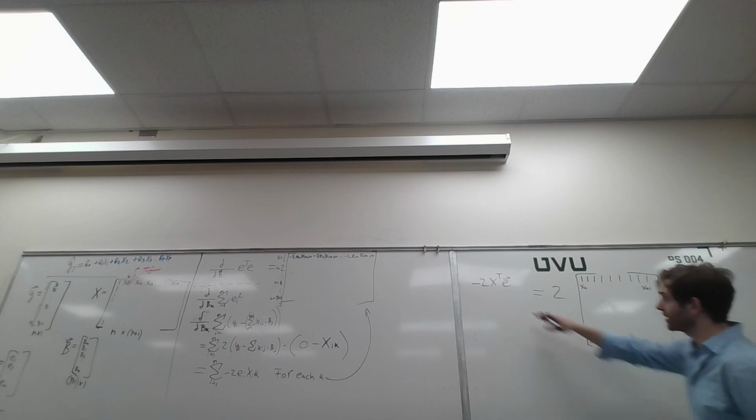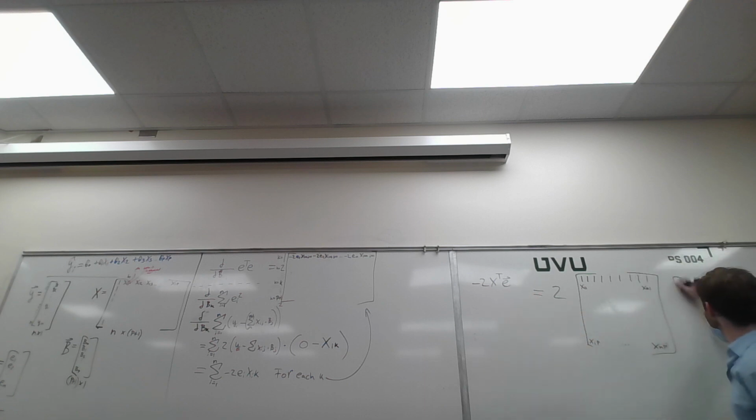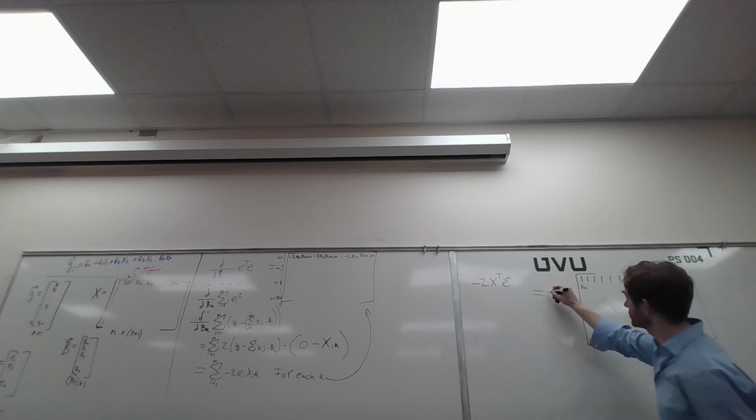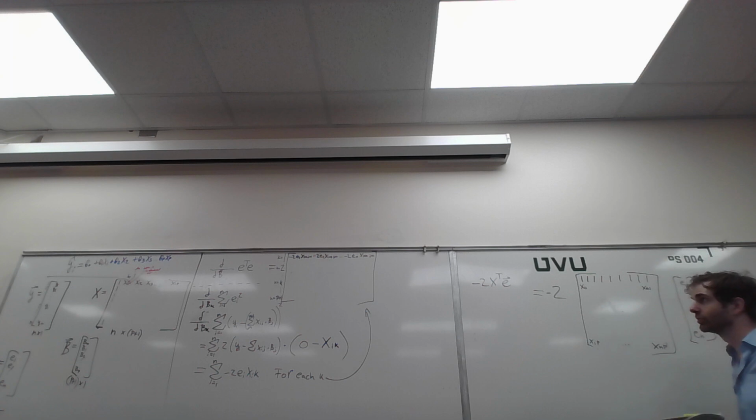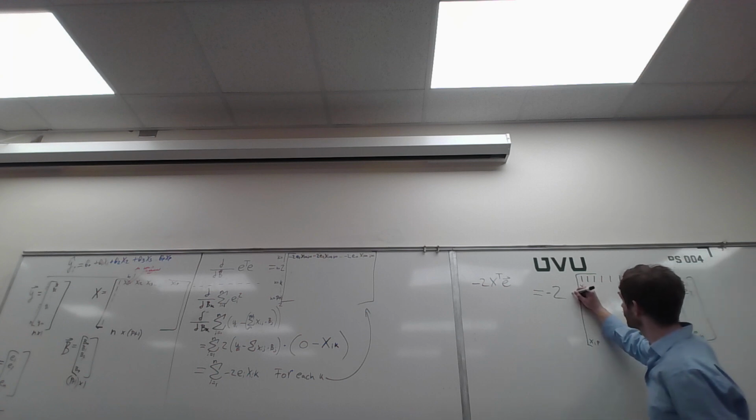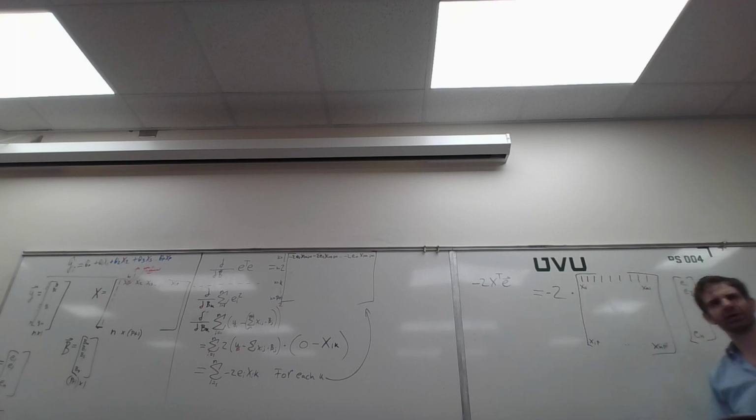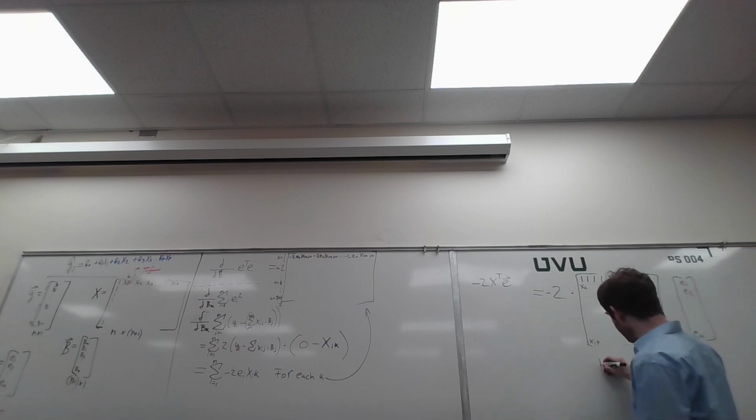If I take that x transpose and multiply it on the right by my error vector, that's e1, e2, dot, dot, dot, en. And I've also got this -2, which is a scalar. You can multiply a matrix by a scalar. I hope we covered that. If not, when you multiply a matrix by a scalar, it changes every value in that matrix by that amount. So this is a p plus 1